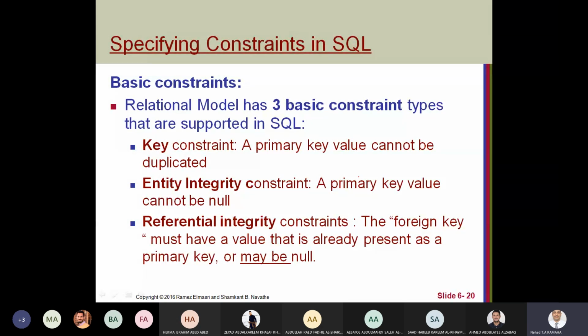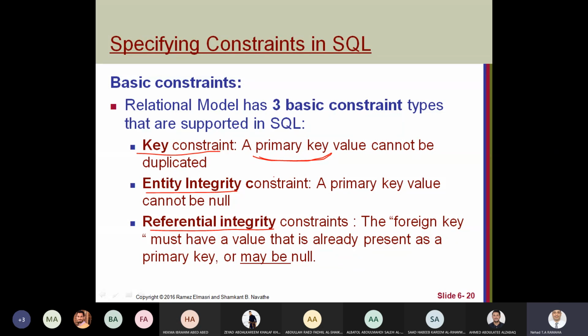Before that, if you remember, we already spoke about constraints when we spoke about the relational model, I think chapter 4 or 5, something like this. We spoke about key constraints, entity integrity constraint, and referential integrity constraint. Key constraint, we can define it by defining the primary key. Entity integrity constraint is from the DBMS itself.